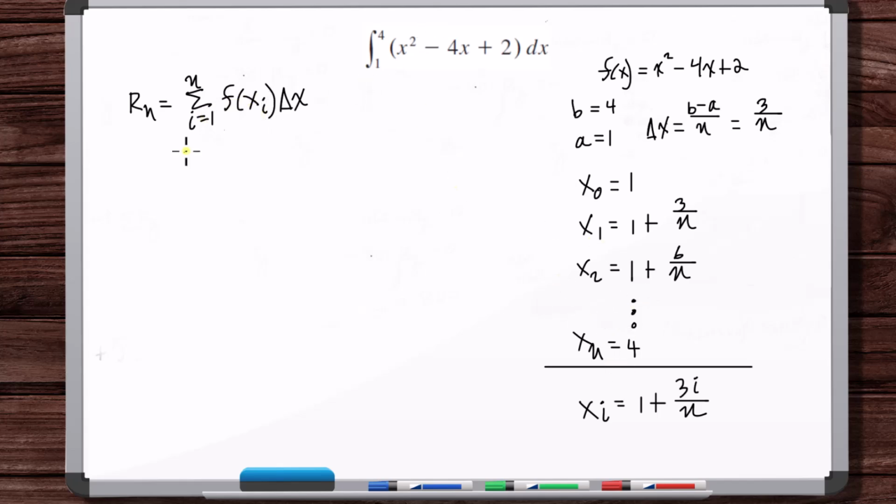Okay? So next let's evaluate f of x sub i, because we're going to need that. So this is f of 1 plus 3i over n, okay, so this is